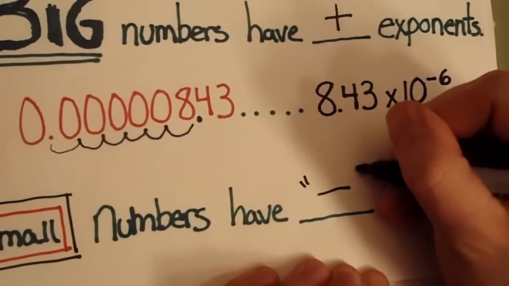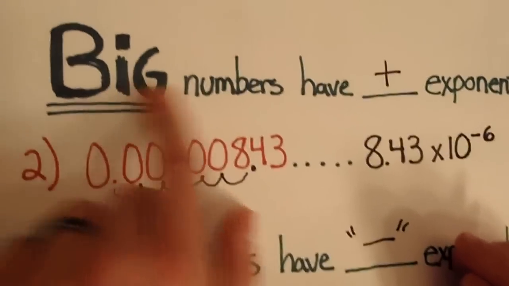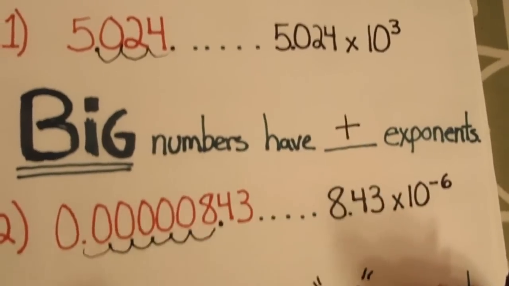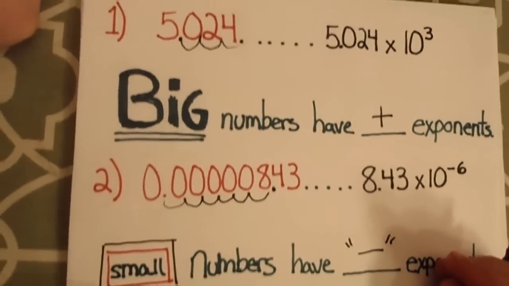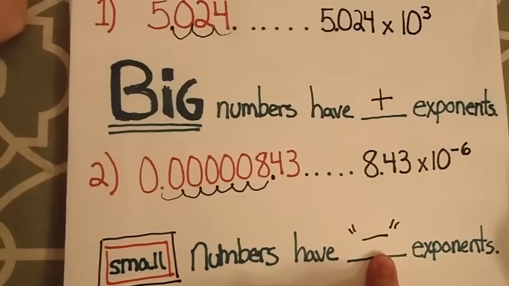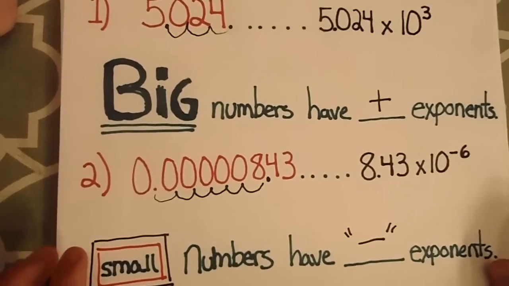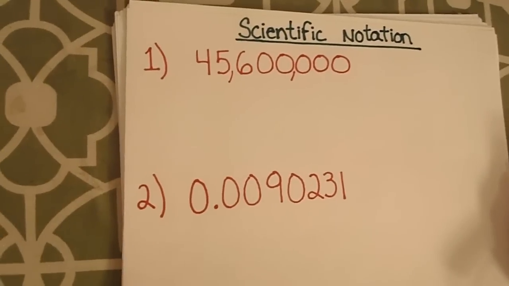Okay? So when we have big numbers, positive exponent. When we have small numbers, we're going to represent it with a negative exponent. Okay, so let's keep that in mind for the problem that we originally had. So here we go. We have